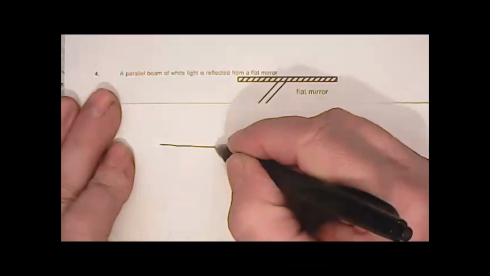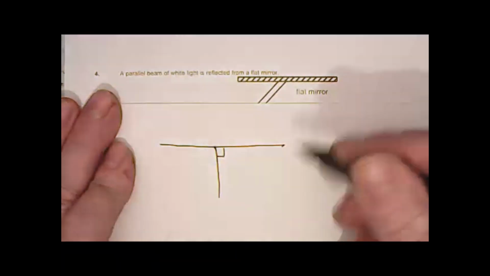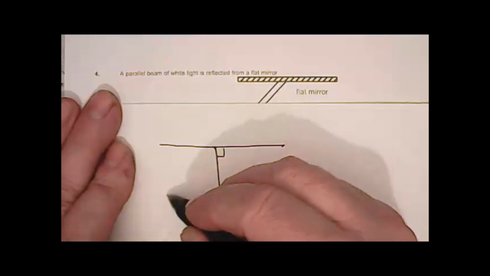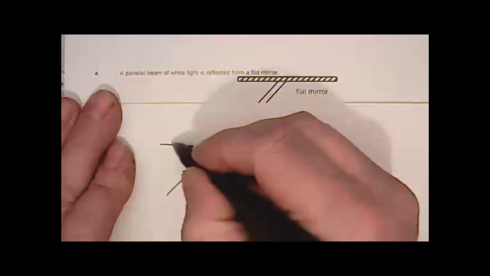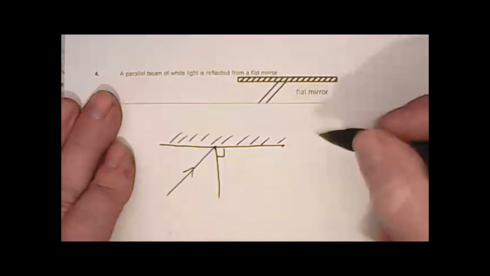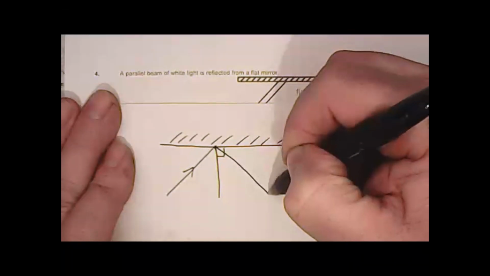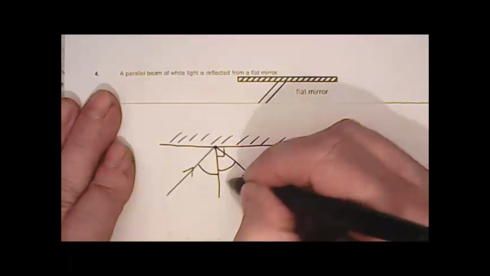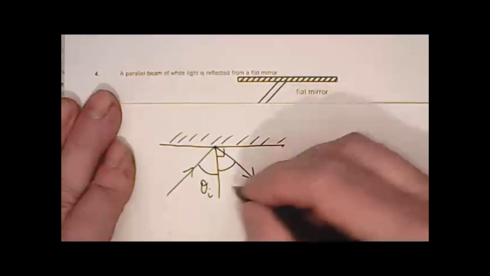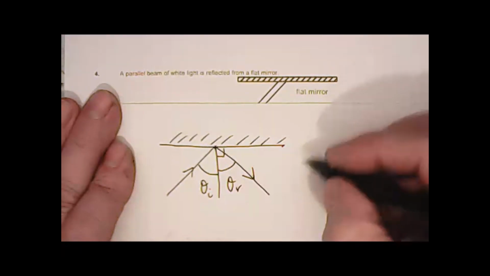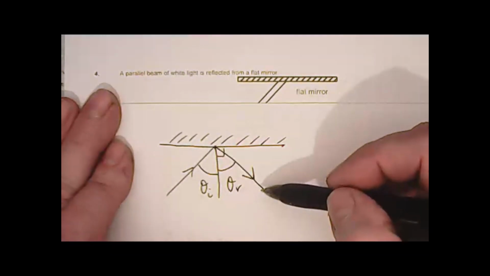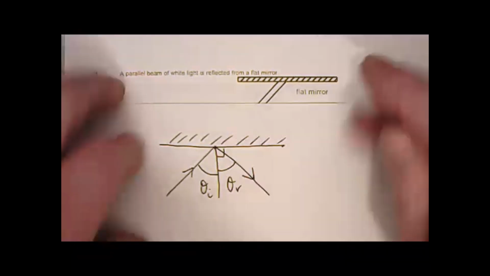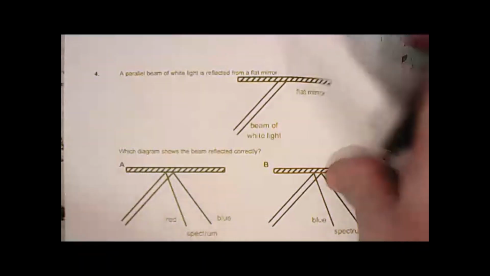Okay, the key here is the word reflection. We know that when we're talking about reflection, I should be using a ruler here, when an incident ray of light comes in to a flat surface, the reflected ray of light is going to be reflected with the same angle. So our incident angle is going to be the same as my reflected angle. Okay, so there is no change in angle. And we can use that idea to pick